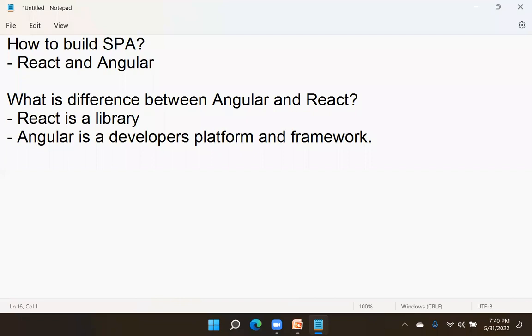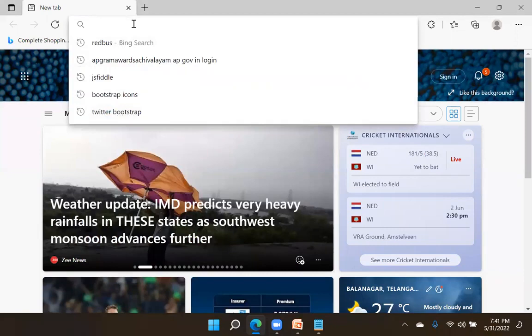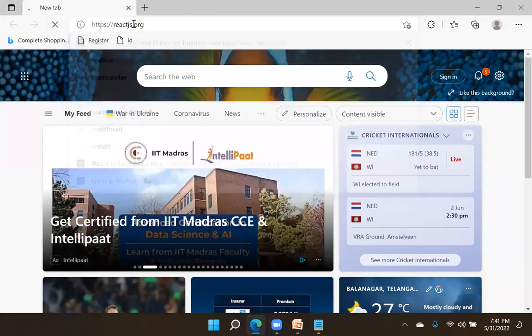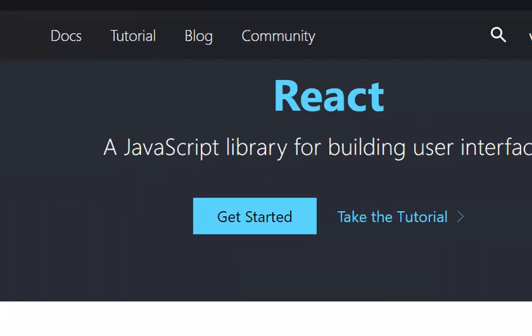I will show you. Look at the official websites here. This is reactjs.org, the official website. It says that React is a JavaScript library.